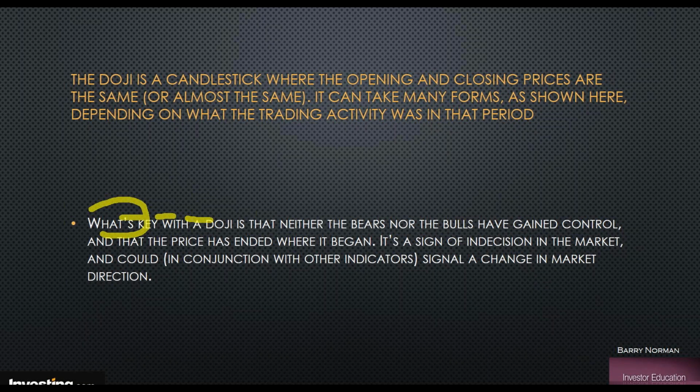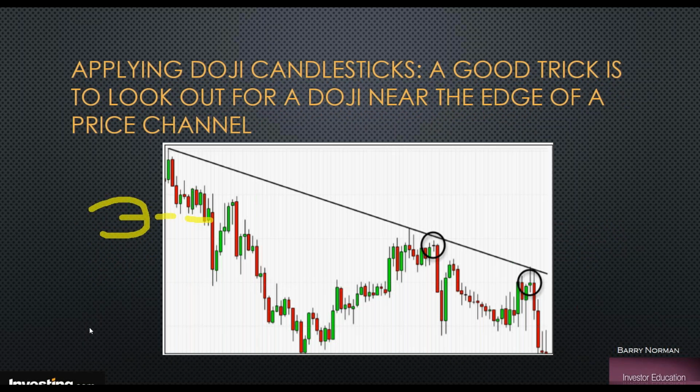Now, what's key with a doji is that neither the bulls nor the bears have gained control, and that the price has ended where it began. It's a signal of indecision in the market, and could be used in conjunction with other indicators to signal a change in market direction. So when we see now, in this case, we have a fairly strong downtrend with a confirmed trend line. So we have an active trend line, so that's good. And what we got here was